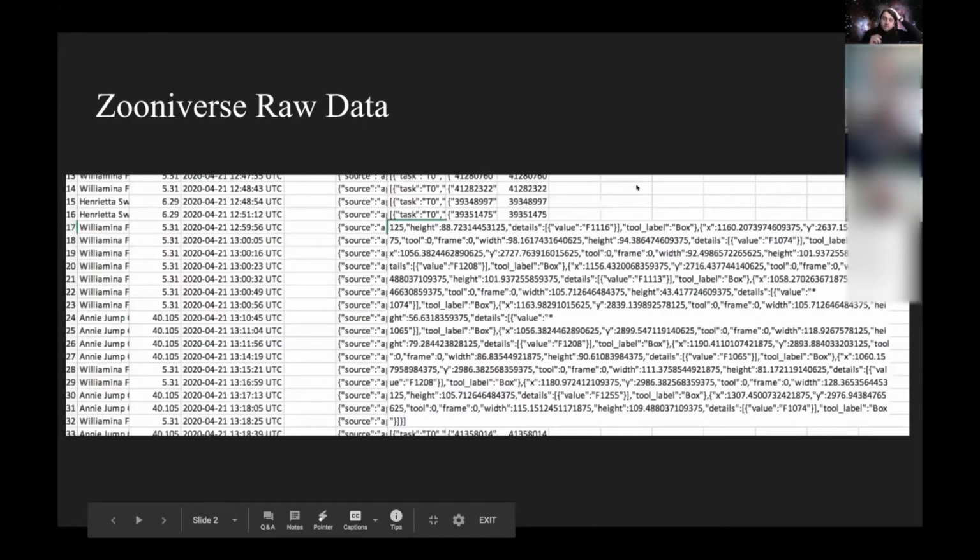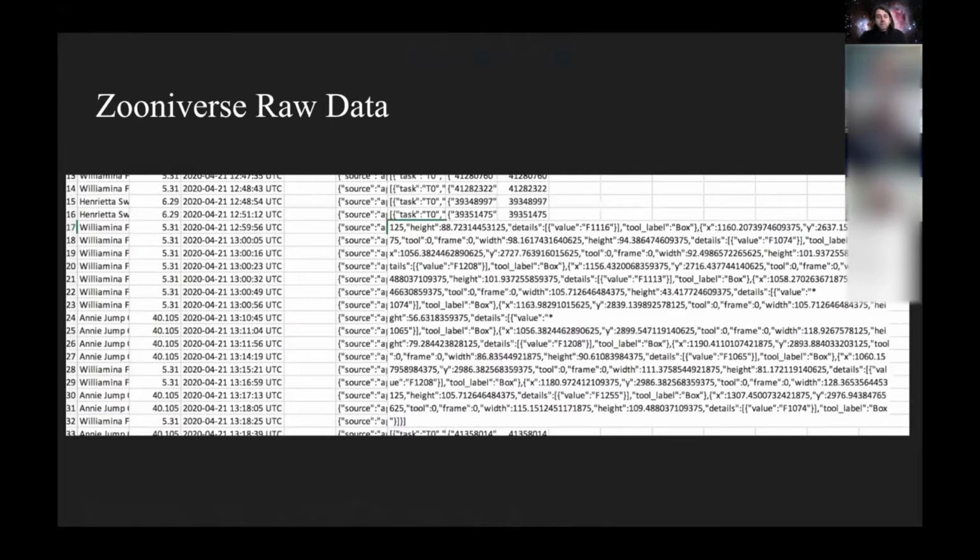Okay, so I'm going to start by talking a little bit about the Zooniverse and specifically what we actually get back when people transcribe pages on the Zooniverse. Once you've transcribed a page, the action is you put a box around a plate number and type in what that plate number is, or if the page is blank, you say it's blank. Every interaction is logged, and we get basically back this giant spreadsheet